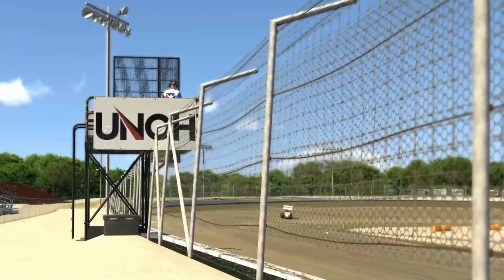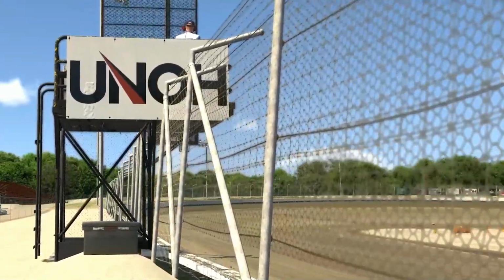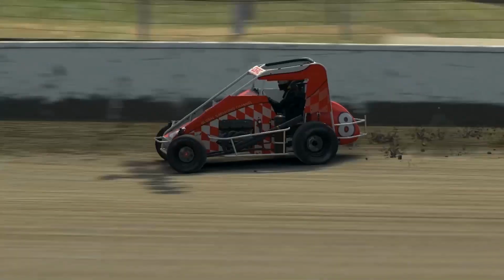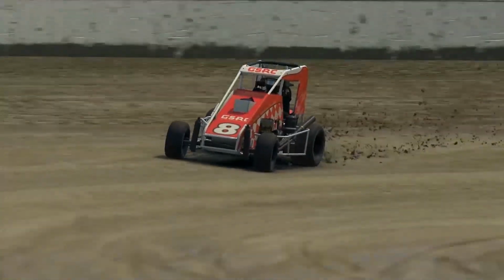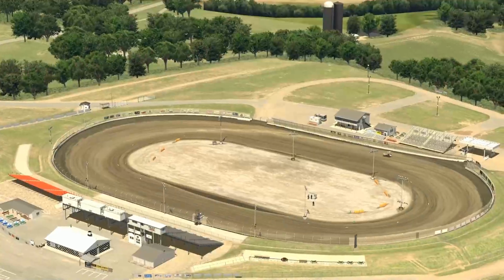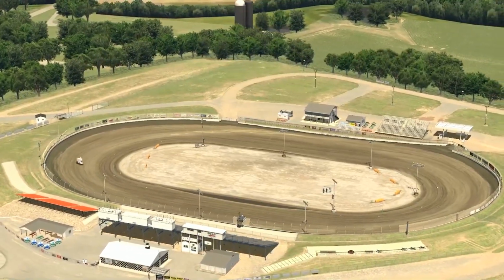The track is owned and operated by the University of Northern Ohio, UNOH for short, and hosts Friday night racing throughout the racing season. This offers the university students a unique opportunity to compete on a professional level while attending school. Limaland is special on the surface because it was one of the first dirt tracks that iRacing scanned to